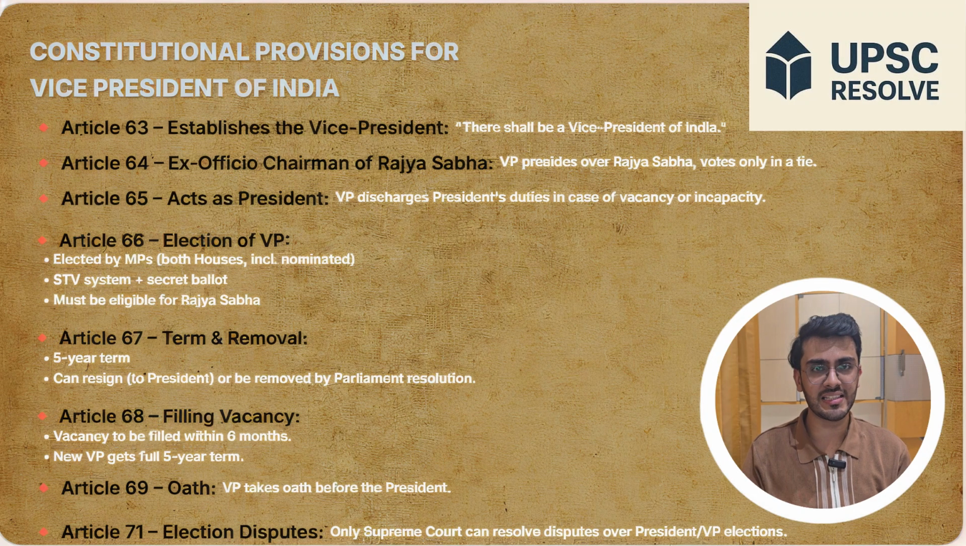Then in Article 66, there is the process of election of Vice President. Then in Article 67, it is written that the Vice President can resign by giving a letter to the President. Then in Article 68, it is written how the vacancy that arises from resignation has to be filled. Then in Article 69, it is mentioned about the oath of the Vice President. Then in Article 71, it is given that election disputes related to the office of Vice President go to the